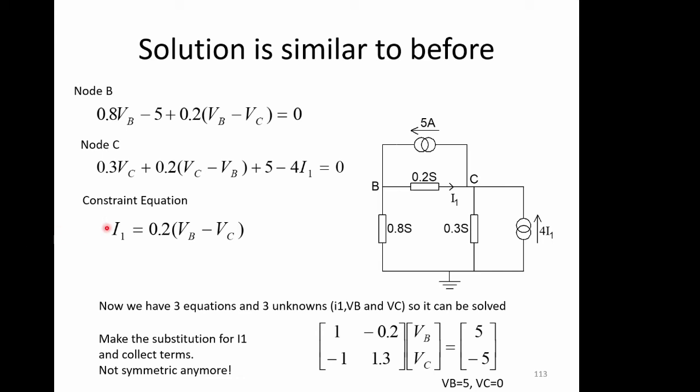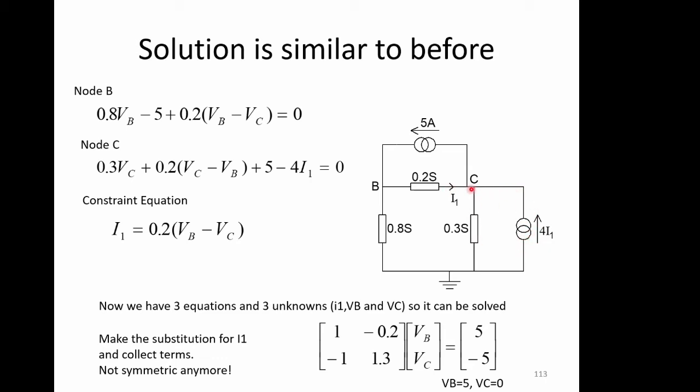So the solution is similar to before, so I'm not going to labour the point here. You should get the general idea now that we're doing a nodal analysis. So we just add up all the equations for node B, node C, so I've labelled the nodes in this case, and you can see that we end up with this dependent source appearing in the node C equation,